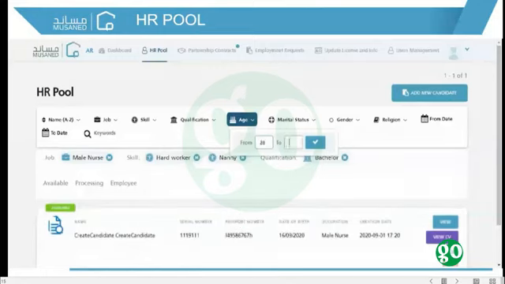User can also search for candidates by selecting a specific gender, a specific religion, or by searching for the creation date from a specific date to a specific date, or by directly entering any keyword that is available on the candidate details. For example, I can search for candidates by specifying the passport number. And the list would be customized based on my search results.